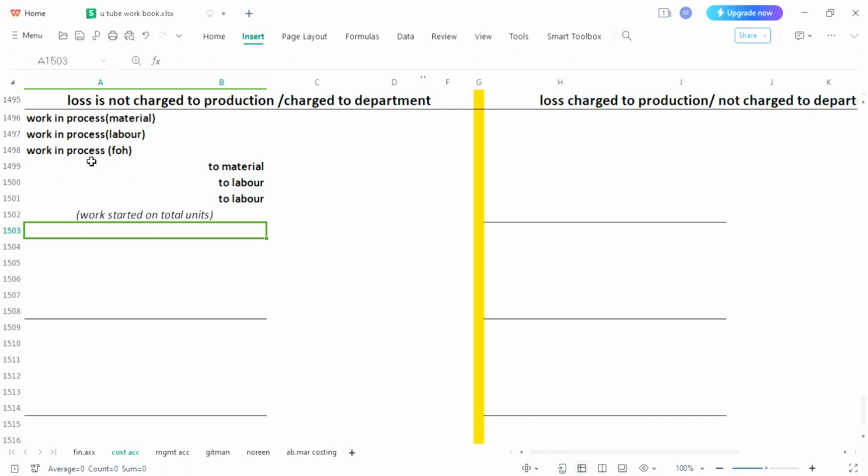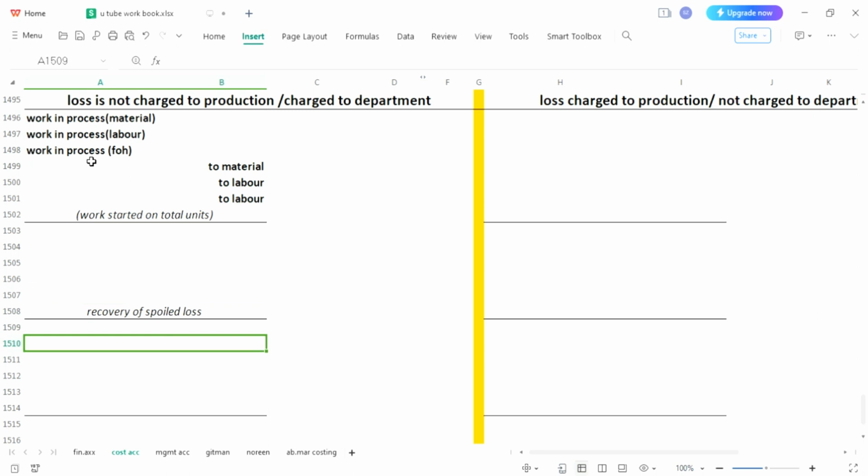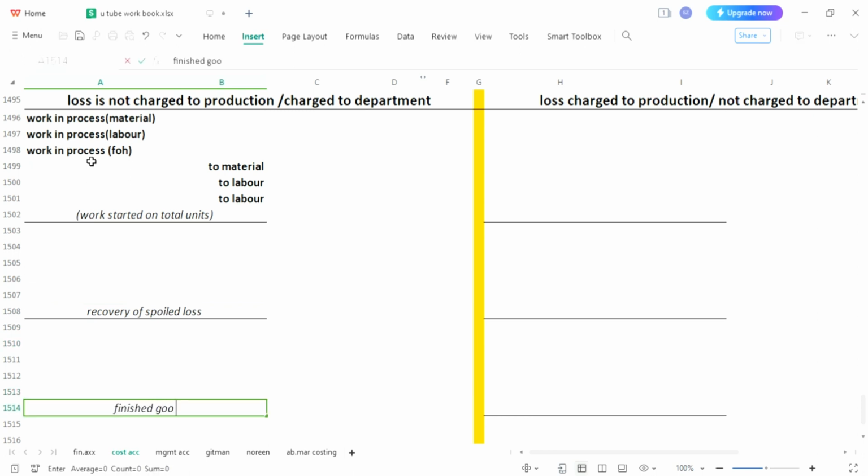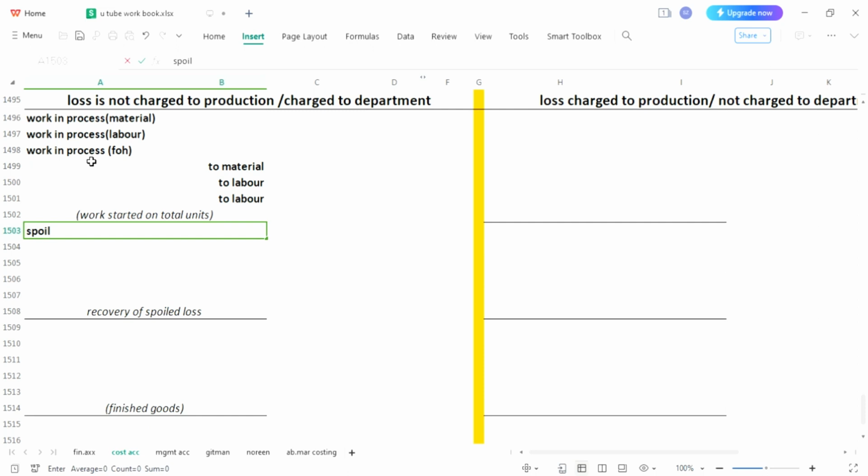Then you will see spoiled recovery. Here the second entry is what? Recovery. Recovery means the amount you have recovered. Recovery of spoiled goods is the second entry, and the third entry would be finished goods. That means after spoilage, how many units we have in our store as finished goods. In the spoiled goods entry, first you will see how much amount you are recovering. So spoiled goods,